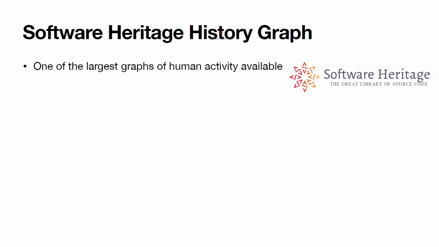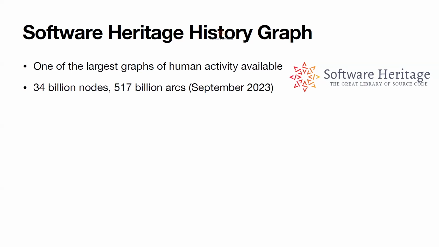Okay, so you already heard about this, but let me give you a little bit more data. The Software Heritage historiograph is one of the larger graphs of human activity available. I mean, probably we could gather a larger snapshot of the web, but presently there are no such large snapshots of the web. It is really big. It has 500 billion arcs. And essentially, you cannot put this easily in a database or in an object-oriented representation in memory because you have 500 billion objects and that is not going to work.